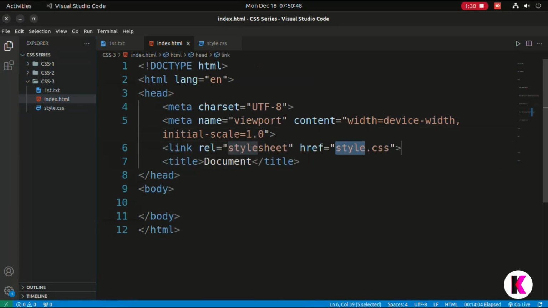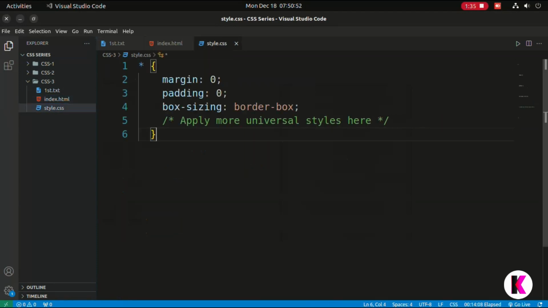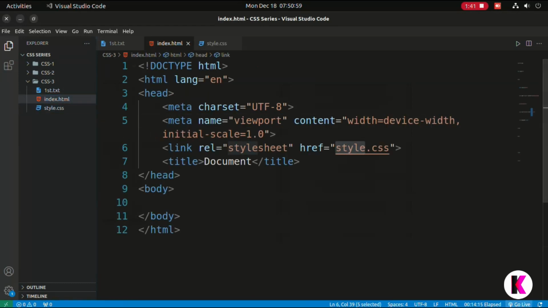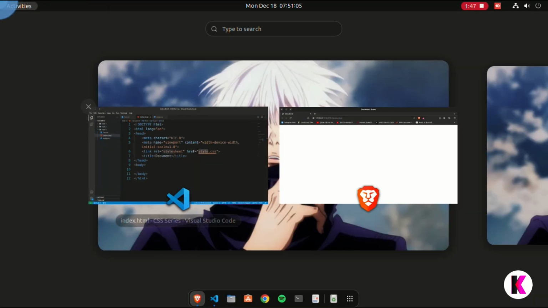and if I write here, we have a universal selector. So if I just run index.html with go live, here we have the page live.